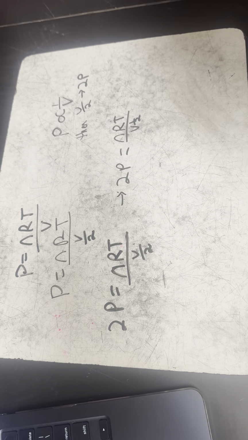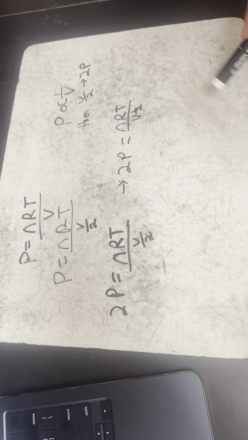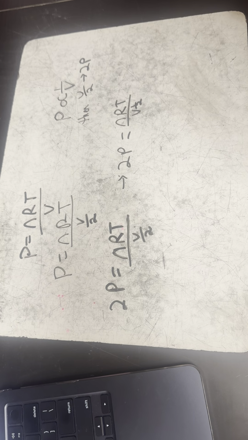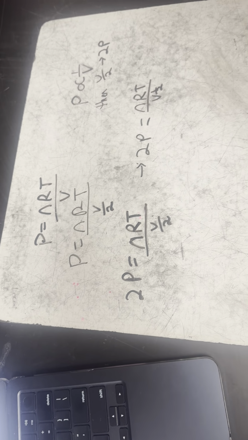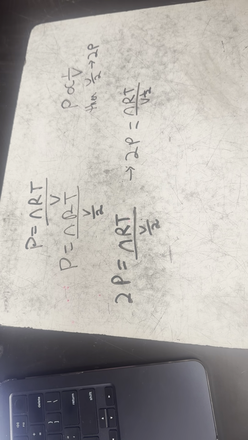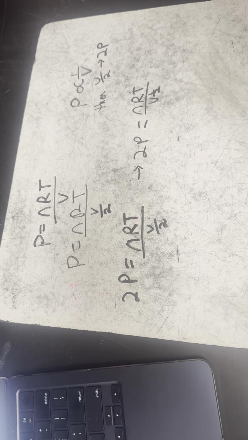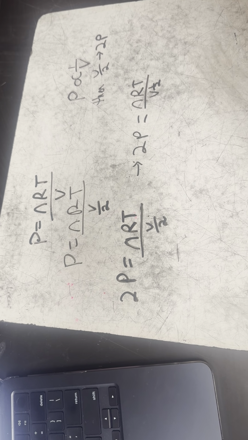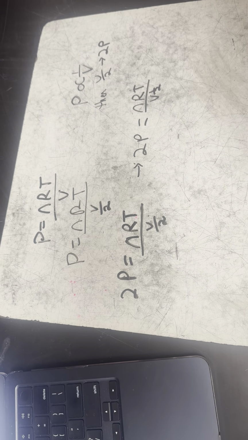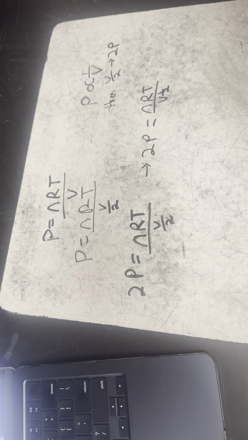For question 2, it says let P and V represent the pressure and volume of the xenon gas in the container in diagram 3. If a piston is used to reduce the volume of gas to V/2 at a constant temperature, what is the new pressure in the container in terms of the original pressure, P? So if you put V/2, that means you're reducing it in half, dividing by 2, and we know that